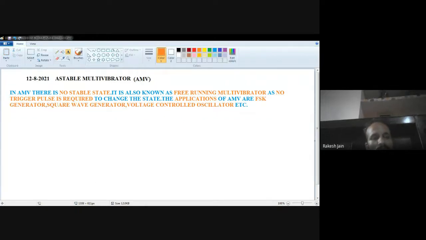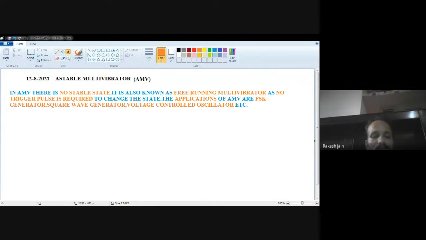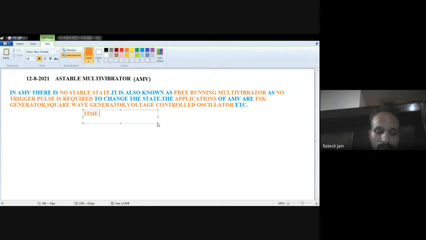Now one of the most important things, when we draw the 555 timer diagram, right now in front of you I will draw the diagram. Remember, because that is an important point frequently asked in main examinations, competition exam objective questions, and in viva voce: what is the time period, what is the frequency, or what is the pulse width. Time period is given as 0.693 (R1 plus 2 R2) into C. We will see later what this means, but you should keep in your mind the frequency or the time period or pulse width.